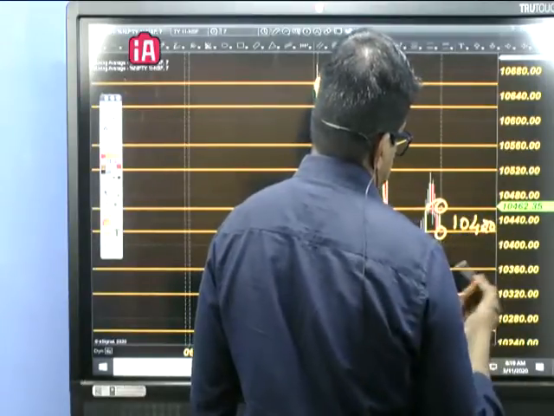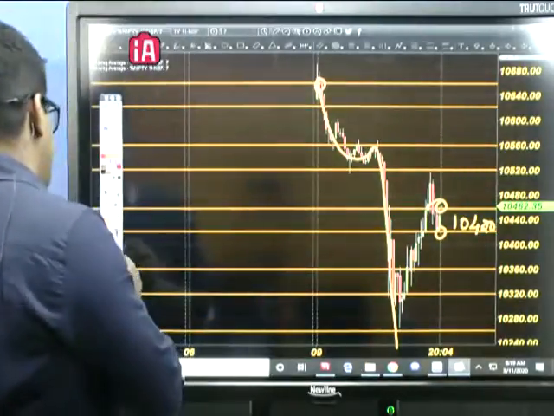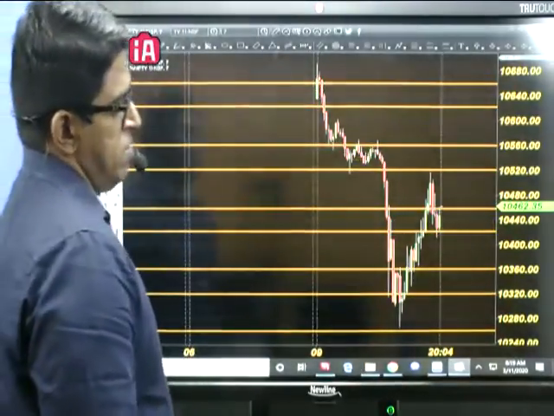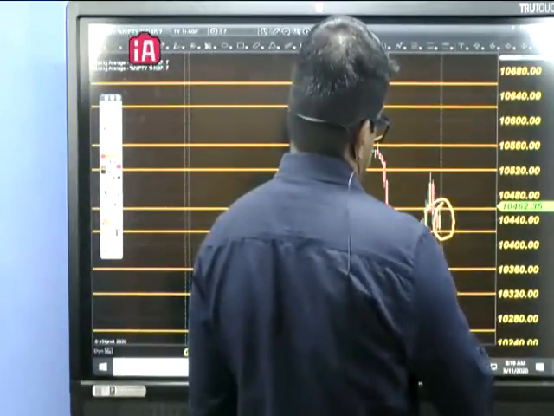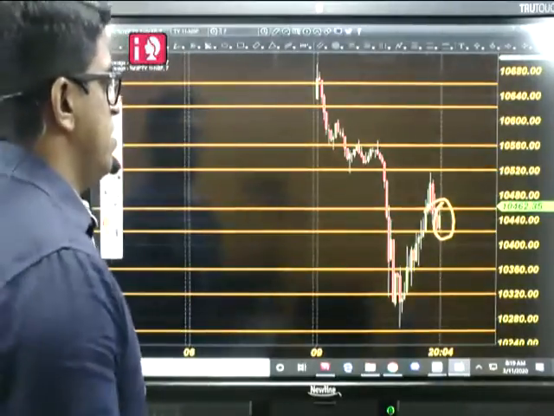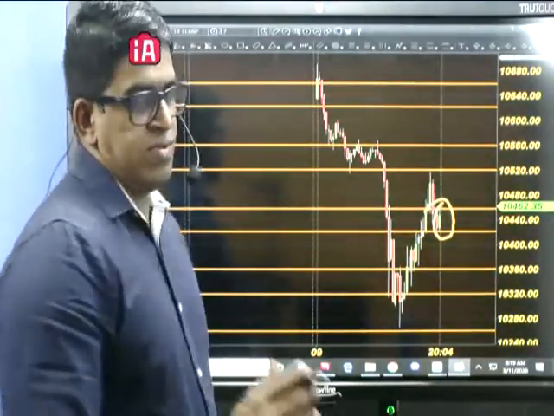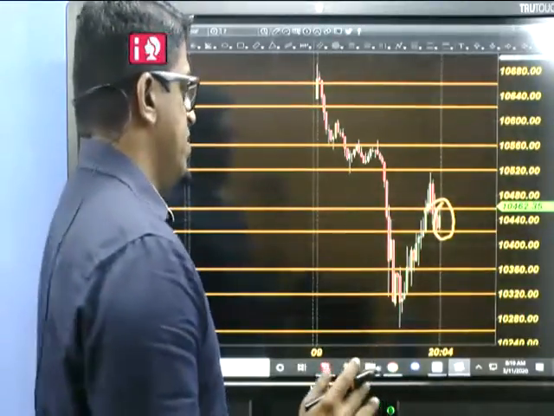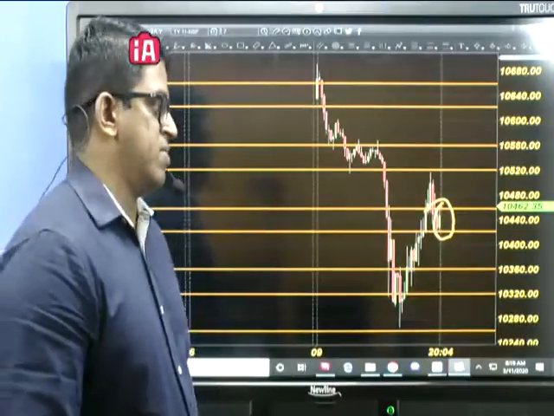So we have 1 hour time. During that gap, the price can move anywhere. So more or less, within this zone you can expect the price to open. It looks like a continuation of what happened on Monday. There is no doubt in the trend. The price will continue, or may continue, its downtrend.